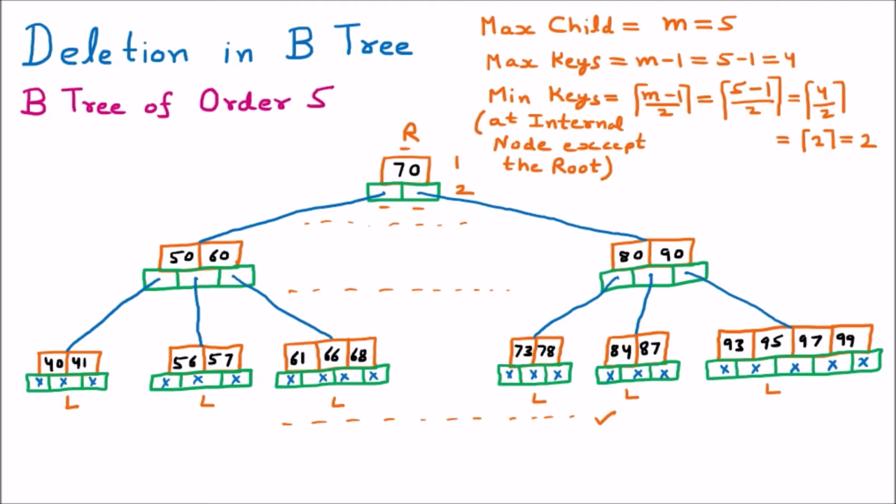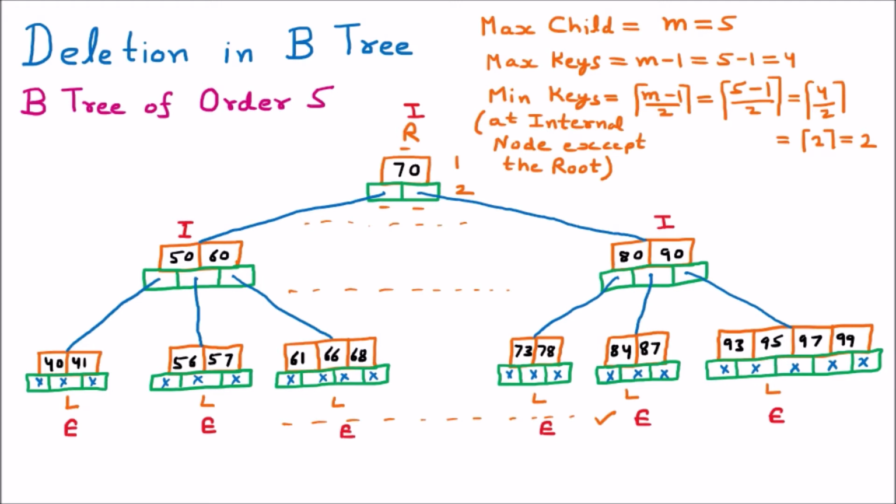We know that in this tree all the leaf nodes are the external nodes. The nodes which are having no children are called the leaf nodes or the external nodes. So here all the nodes at the bottom level are the external nodes or the leaf nodes. Except these nodes, other nodes are called the internal nodes. So root is an internal node and other nodes are also internal nodes. But we must understand one thing. The formula says that except the root.